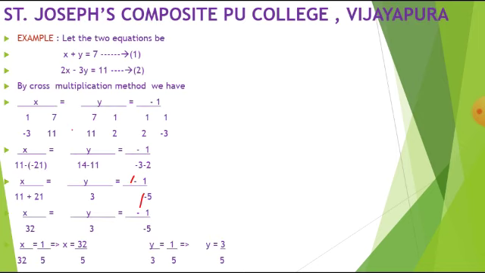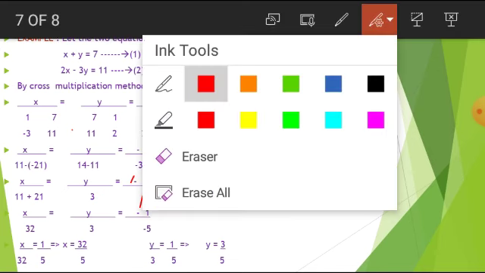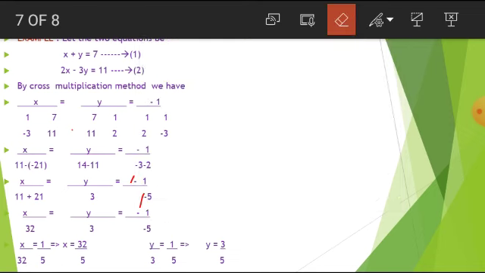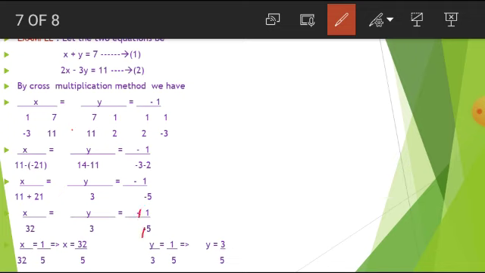So here x divided by 32 is equal to, now you have to equate the x value to the constant terms. Let us see how to equate it. Okay, now here you have to equate x by 32 to 1 by 5. So x by 32 is equal to 1 by 5. Cross multiplication, x is equal to 32 by 5. That is the value of x. Next, y by 3 you have to equate to the constant term. So y by 3 is equal to 1 by 5. That is cross multiplication. y is equal to 3 by 5.